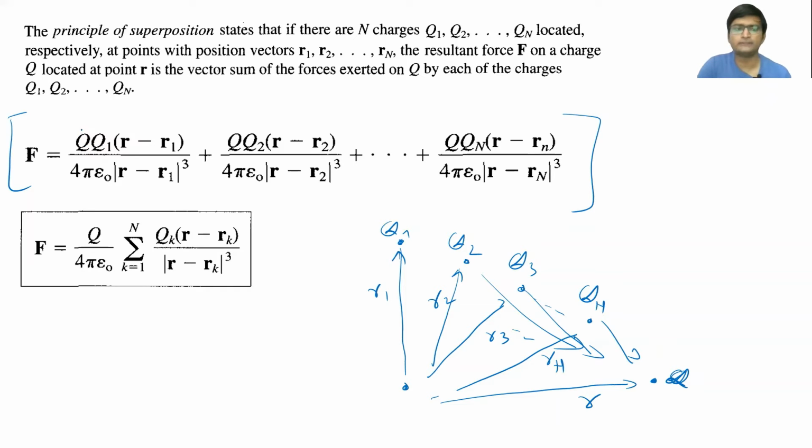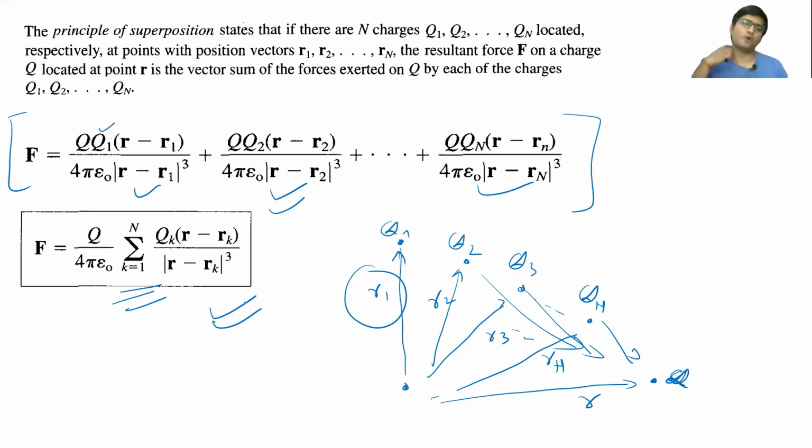First, the force on q because of q1: obviously the formula will become like this, for unit vector and vector r, which is r minus r1, because this is r and this is r1, so the difference will give the direction towards q, and similar for the other charges. So finally you can write all these summations into a single summation formula like this, right? This is the formula for force experienced on a particular charge q due to n number of charges.